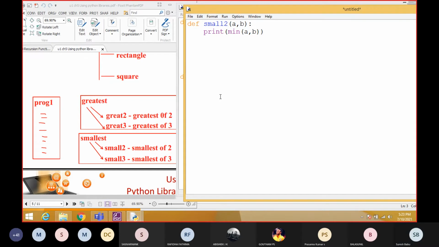Understood, students? Yes, sir. So that's all the coding. It's going to print the minimum value, that is the smallest value. Understood?